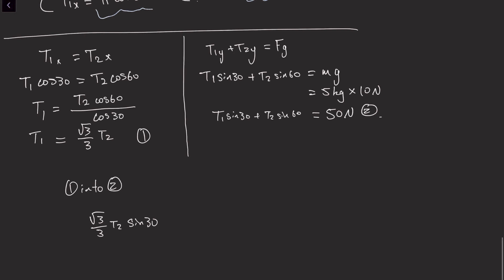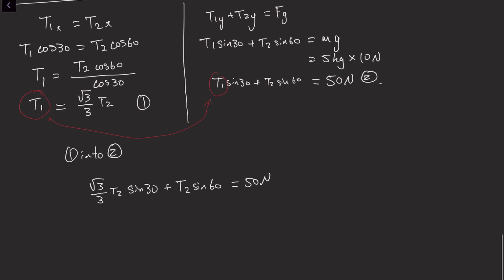So we've put T1 into here. Carrying on, T2 remains the same. Sine 60 equals 50 newtons. And now you can quickly do some arithmetic. T2 is the same in both, so we can add these two together. So it's T2,